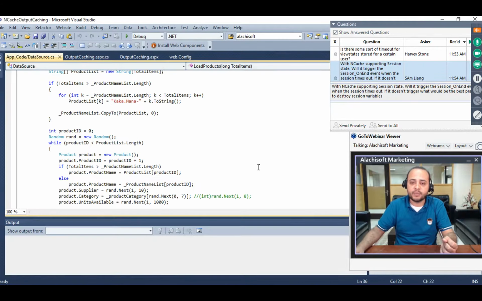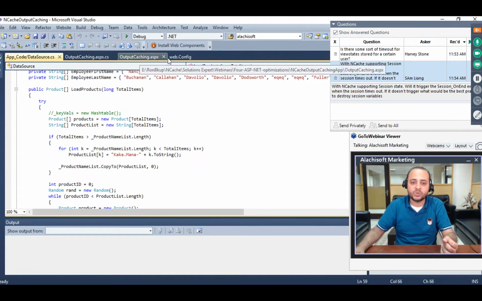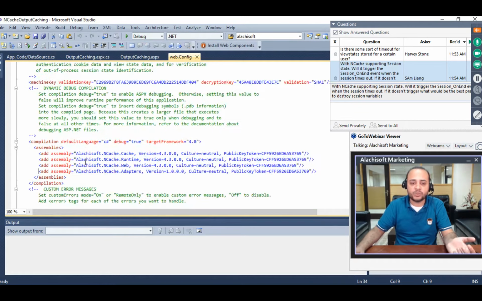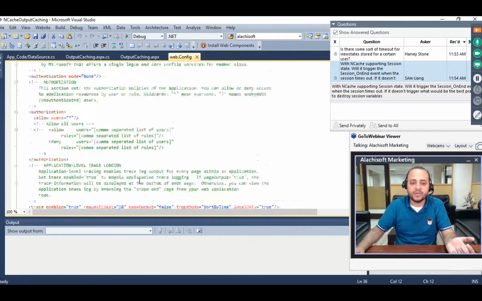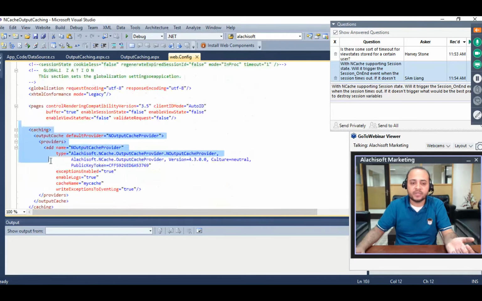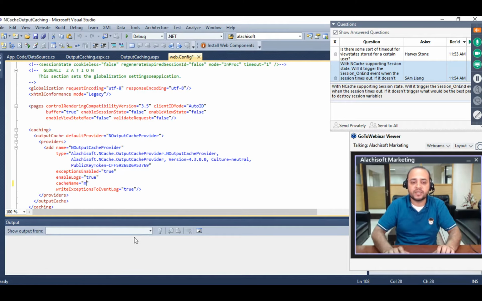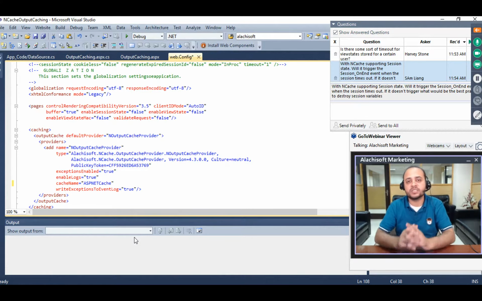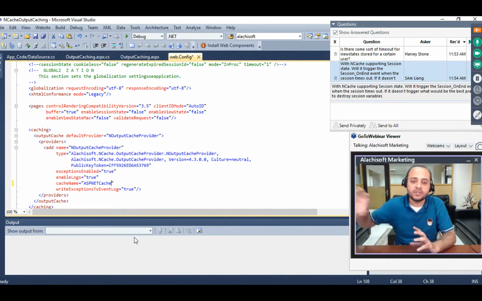So this is a sample application which comes installed, and again the same approach: you add assemblies, and then you have a content caching output, and you specify the name of the cache to be ASP.NET Cache. The way it works is that it caches the entire page output, so you don't have to re-execute the page, go back to the database, execute the request, and then render the requested page output and present it. So you can cache those page outputs once you have